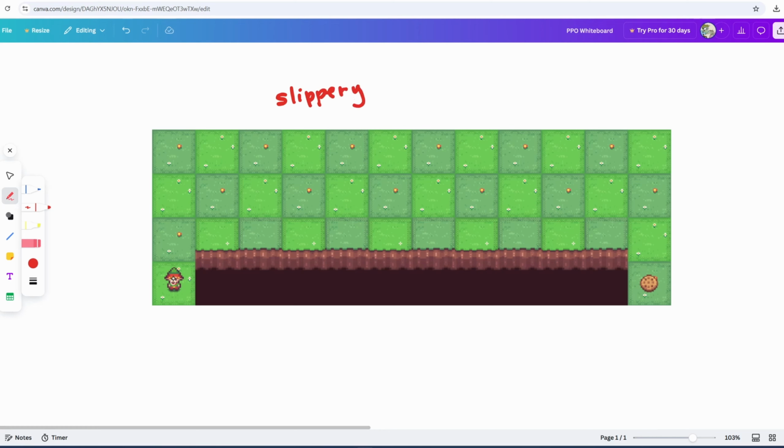With the slippery flag on, it adds a factor of randomness to the environment. For example, if the agent wants to move forward, there's only a 33% chance of the environment honoring that move. There's another 33% chance that the agent could slip off to the side. Now with the slippery flag on, this is no longer the best path because there's a 33% chance of falling off every step of the way. Now the best path is no longer the shortest path, but the path that has the highest chance of getting to the goal. Now a path search algorithm would not be able to solve something like this, but reinforcement learning